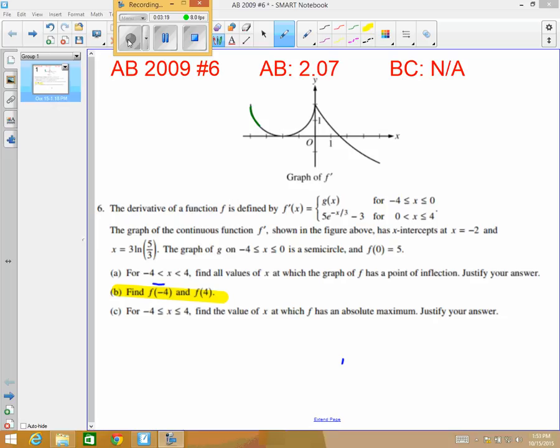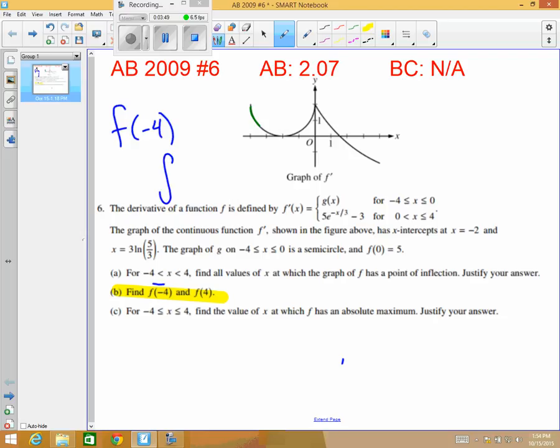Part B, I'm pretty sure, is where people lost a lot of points. We're told to find f of -4 and f of +4. We're going to be working toward 5 of the 9 points right here on part B. Let's start with f of -4. We don't have a function for f, and we're not going to get a function for f. What we know is that f of -4 should be